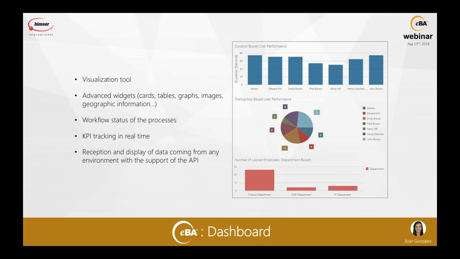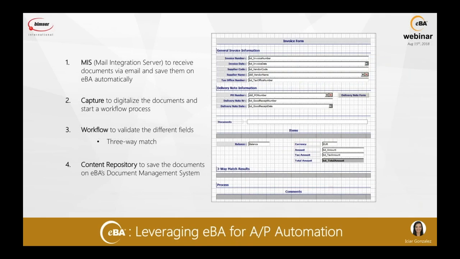So how we can use eBA for AP automation or any other solution is because eBA is a platform and we can create many different solutions within eBA. So one of the applications of this tool is AP automation, and that's what you're going to be seeing right now. So if we want to leverage eBA for AP automation, what we need to do is work with different modules within eBA. So for example, we're going to need the MIS, which is the mail integration server, to receive